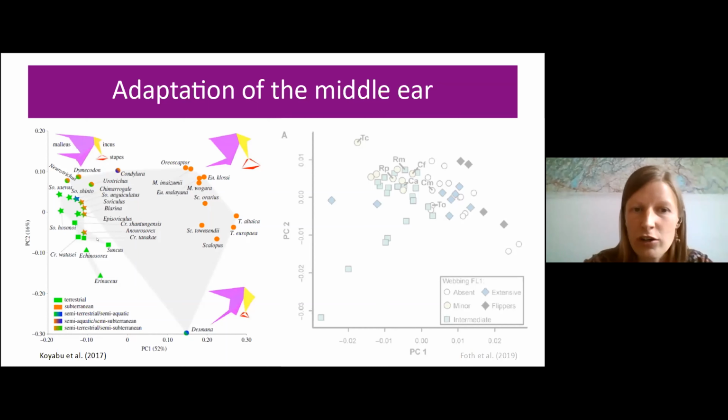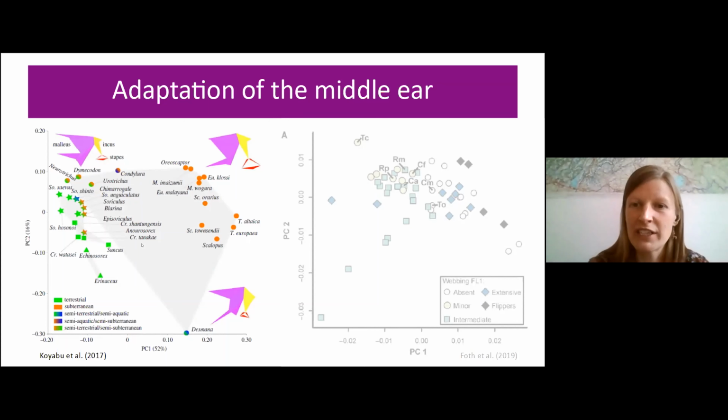And the color corresponds to different kinds of locomotion. You see that, for example, the subterranean species have a special shape, whereas the more terrestrial species have another shape. So in mammals, you have a very good fit between the shape of the middle ear ossicles and the